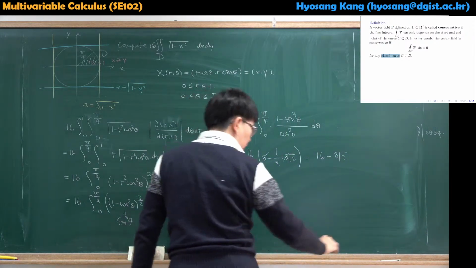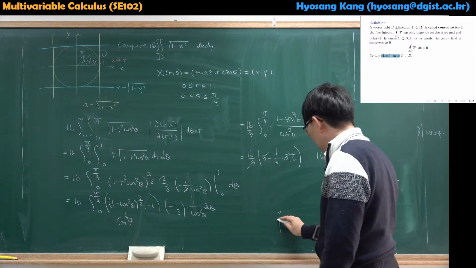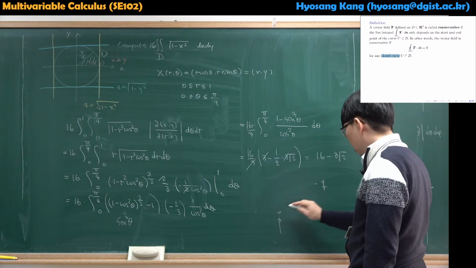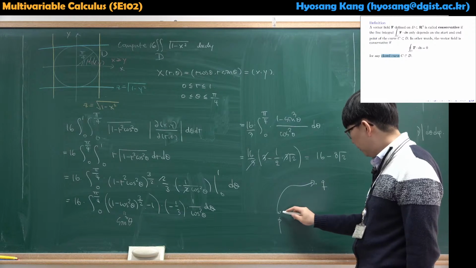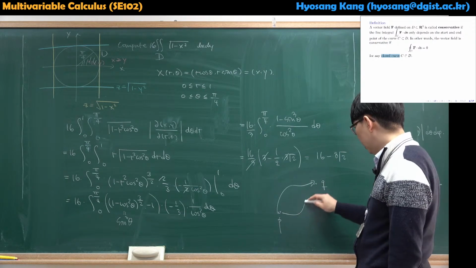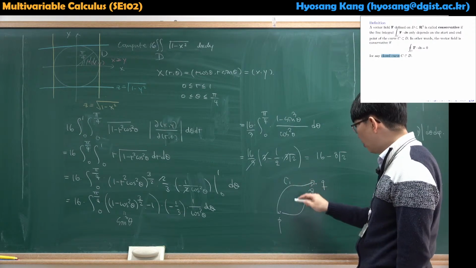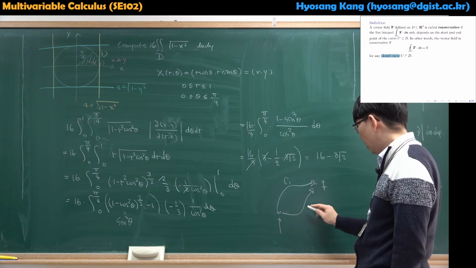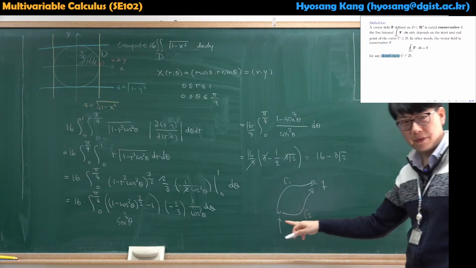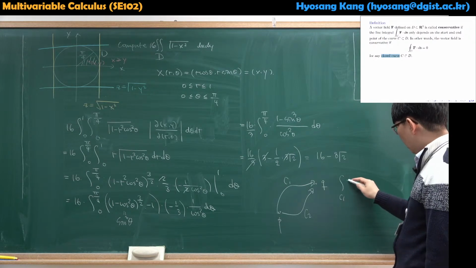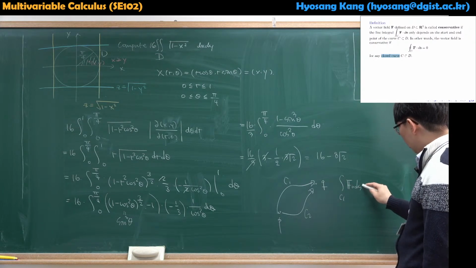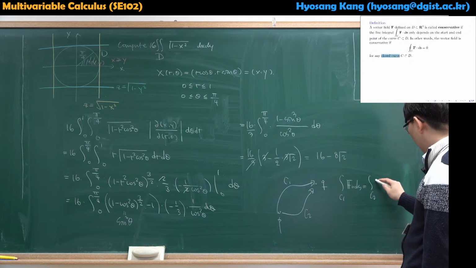So we have a curve C starting from P to Q. If it doesn't depend on the path, let's say C1 is this path from P to Q, and C2 is this path from P to Q. If the line integral is the same here,